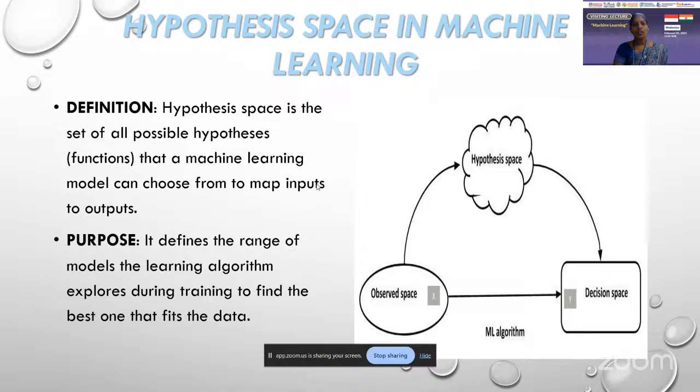So the outcome of this is that we need to find the best hypothesis that fits the problem. A person stole a particular product. So what is the reason behind that? If he goes for any judgment, right? The judge will consider all those factors and find out the appropriate reason for his theft of that particular product. So this we call a hypothesis. Altogether, n number of hypotheses are available in the hypothesis space. Among them, we need to find out which one fits our problem. So that is very important, the hypothesis. And then